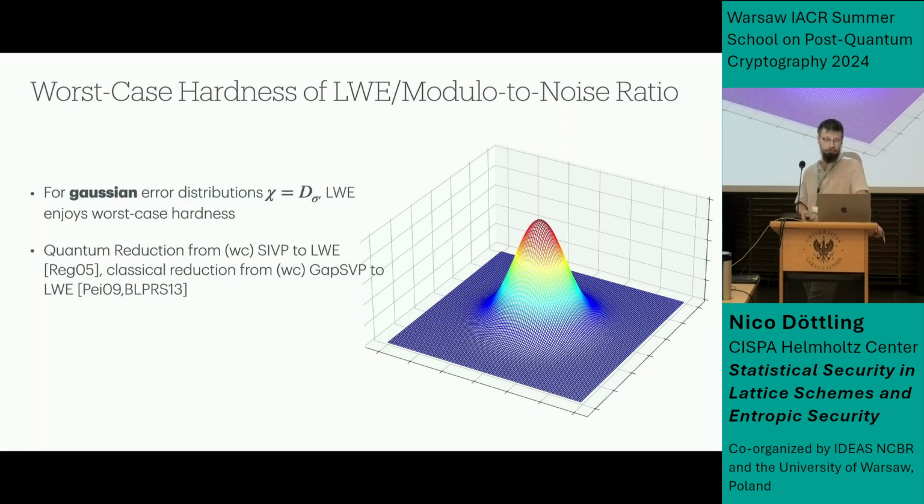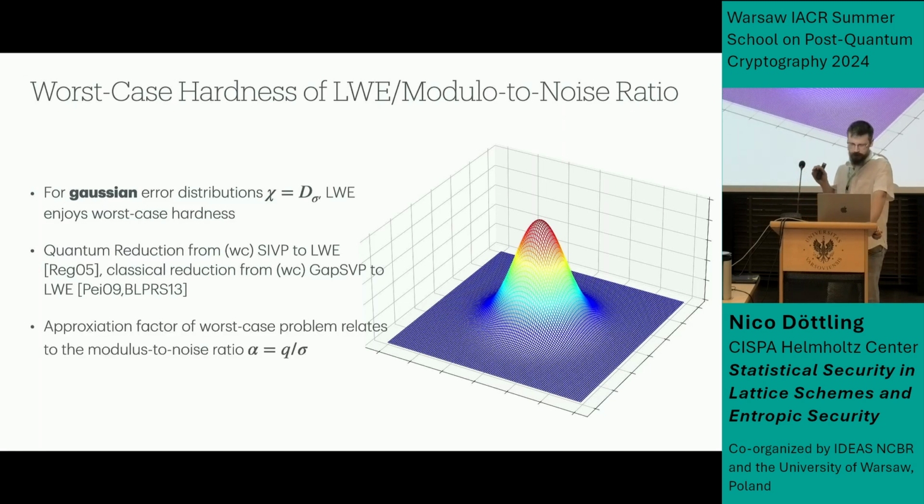So Regev's reduction had a quantum step, as we already heard, but this alternative reduction is to a different lattice problem, to the gap shortest vector problem, and required somewhat slightly different techniques and doesn't provide just the same nice parameters. Good, but an important, let's say, quantity that comes out of these worst to average case reduction is the so-called modulus to noise ratio of the LWE problem,